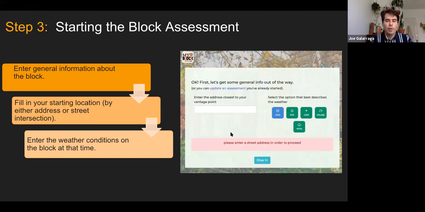And then we also have some questions about weather conditions. And the thought behind that is that maybe the area might look different if it's raining outside. For instance, if we're talking about looking at trash that's in the street, that can be dependent on whether rain just came through and maybe washed some stuff into the storm drain. That might also have some bearing on flooding, standing water, things like that.